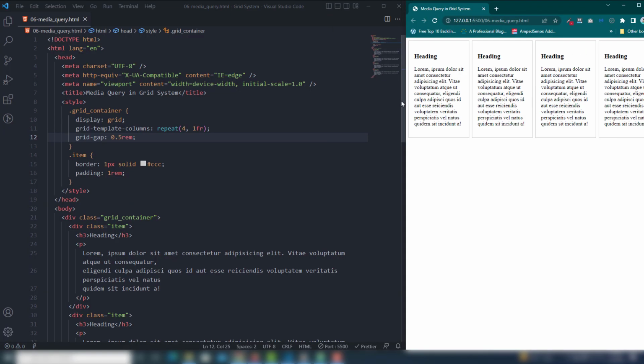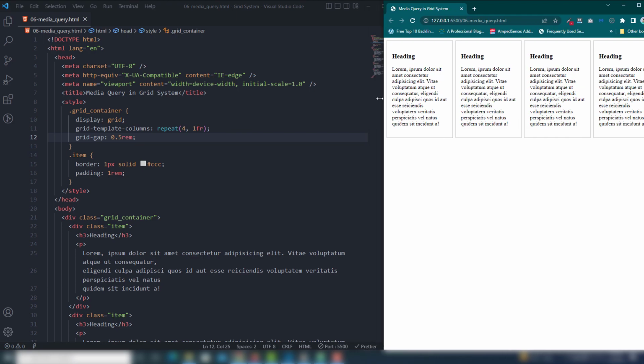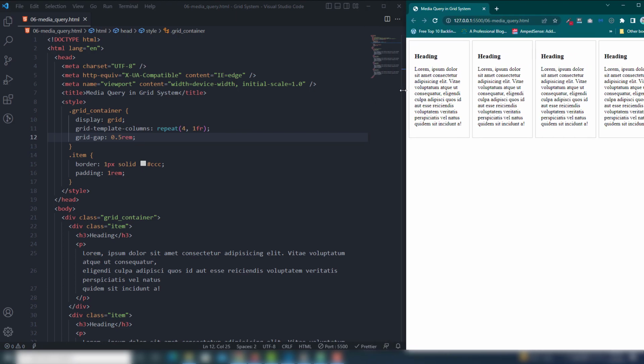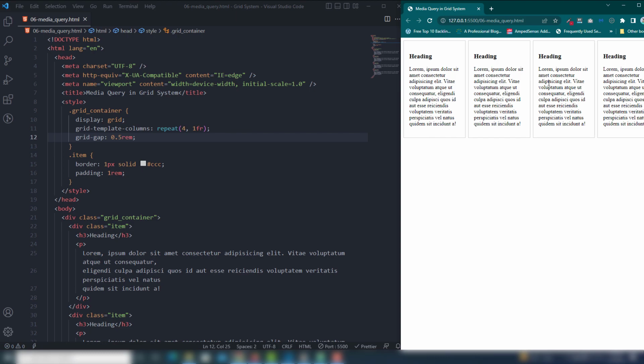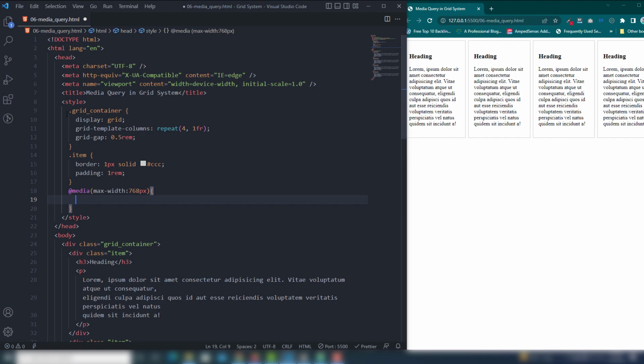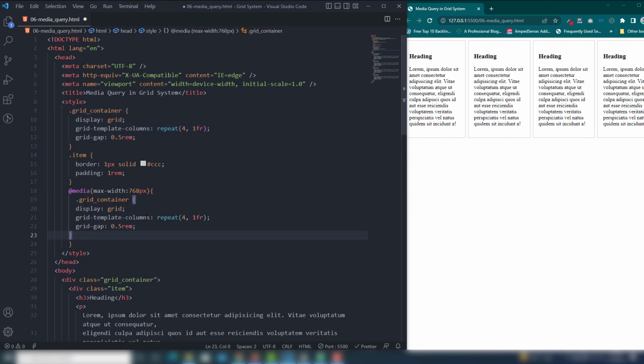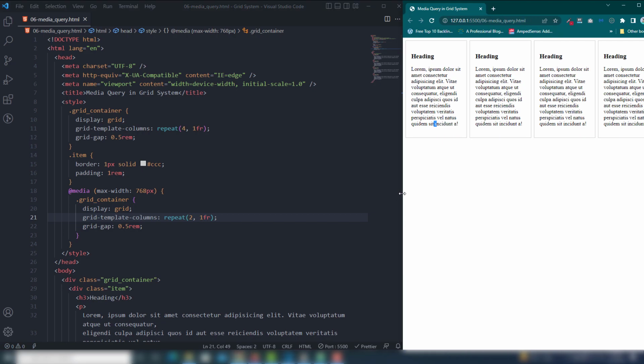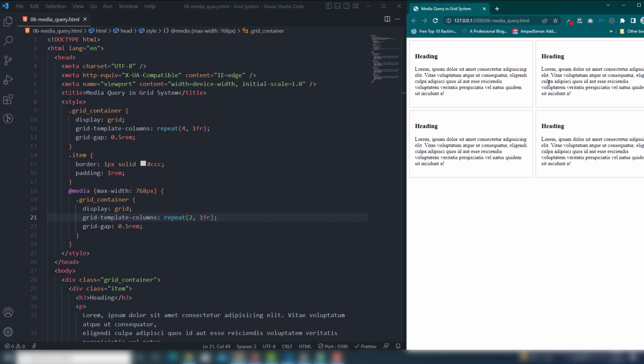But I want to use the media query to manage my content, right? At 768 pixel I want to display 2 boxes, right? So I need to use the media query, media, and call max-width 768 pixel. Inside there I just need to call the same thing that I've used above, copy and paste on there. Inside there we need to use that 2. So once you save that, and you hit the 768, as you can see I'm able to see 2